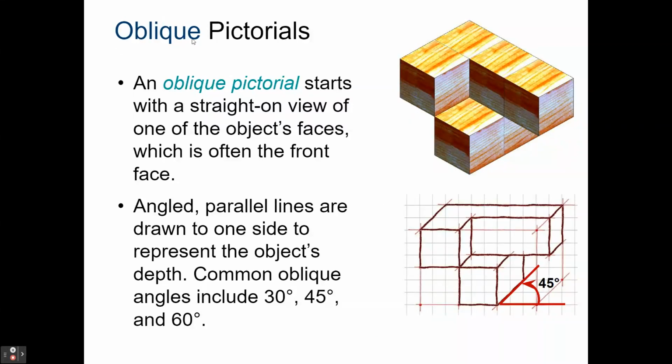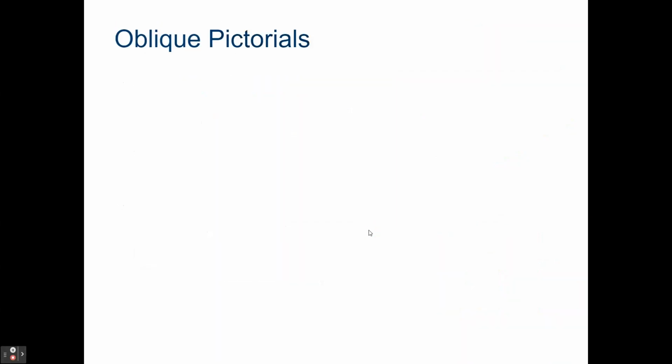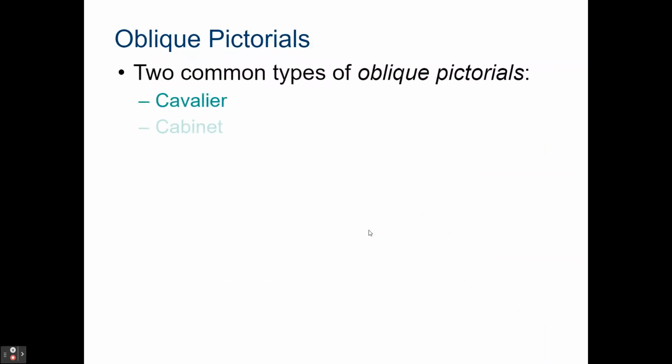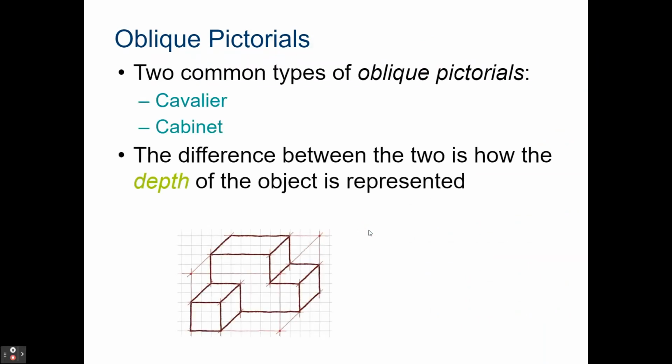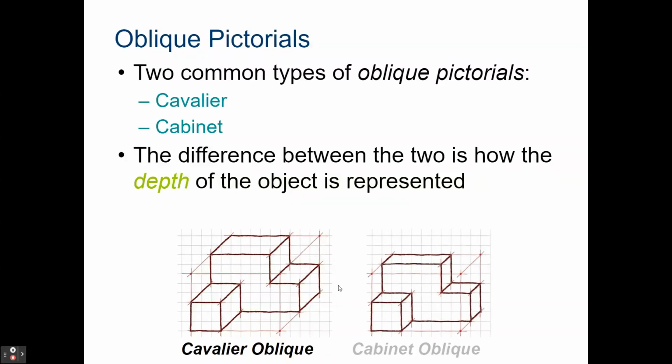Again, here it's going to talk about obliques. They start with a straight on view. Everything is either then drawn at a 30, 45, or 60-degree angle for the depth. Again, there are 2 common types. We have cavalier and cabinet. The difference between them is the depth of the object and how it's represented. So a cavalier oblique is drawn at full depth or actual depth, and then cabinet oblique is